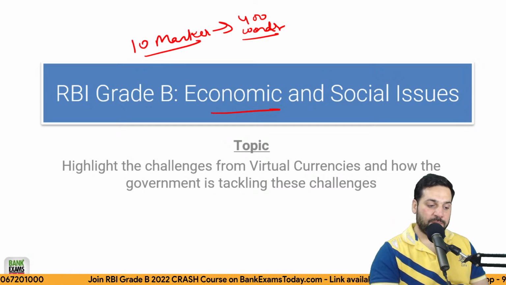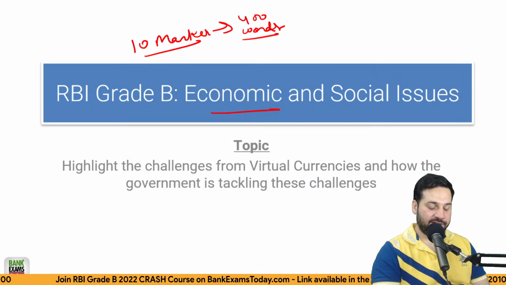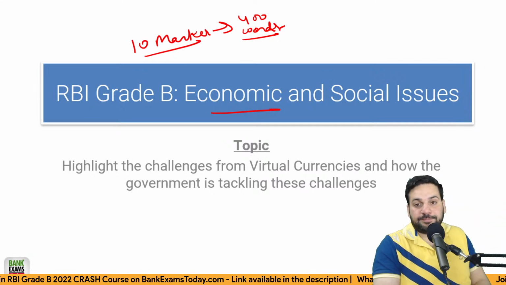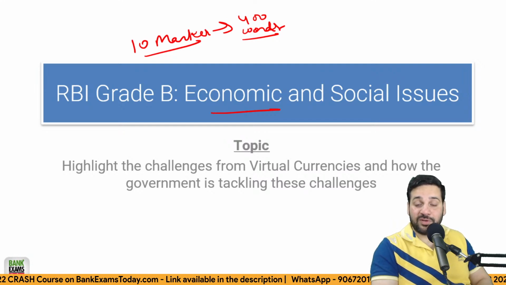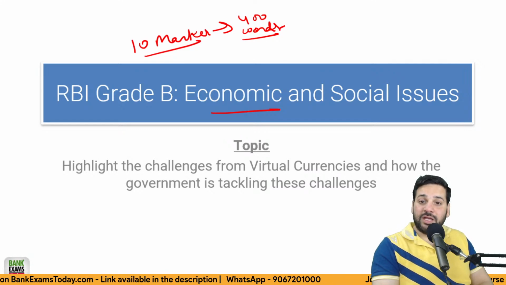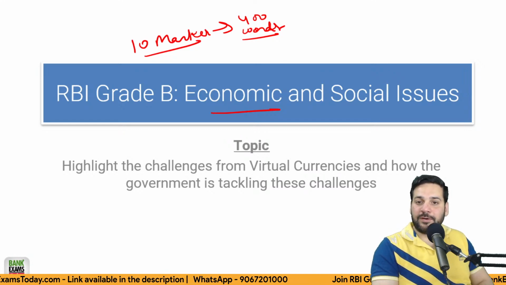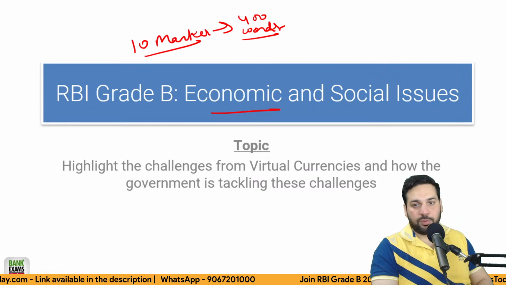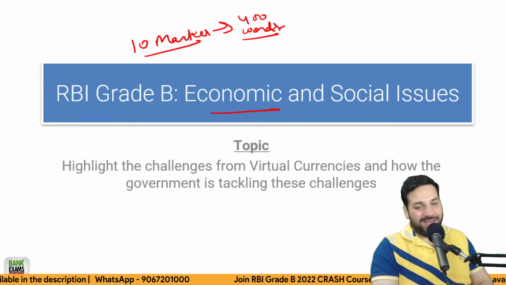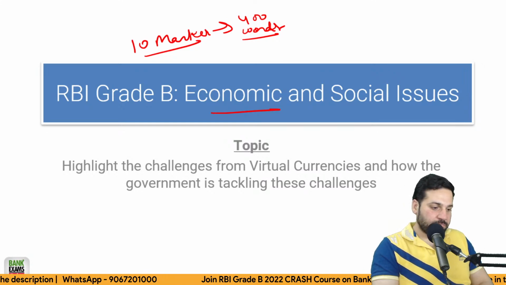Students, when the Budget 2022 was released, cryptocurrencies were trending on Twitter because of the tax laws, right? 30% tax was imposed, 1% TDS was imposed. So it is important. Even in the next day's newspaper, everybody was talking about cryptocurrencies. It is important. We have to do this, right?